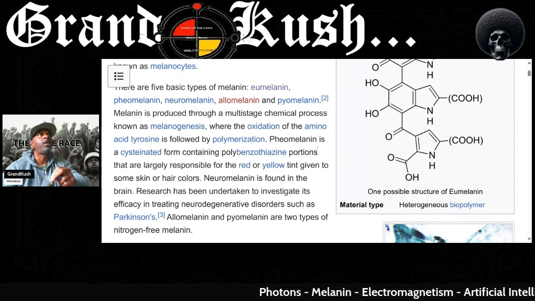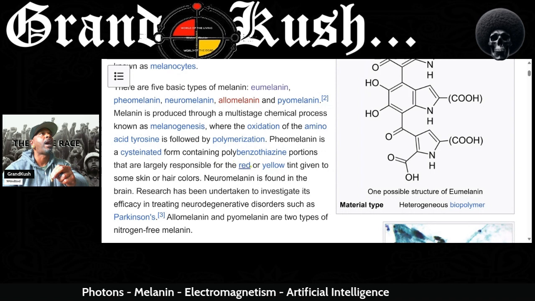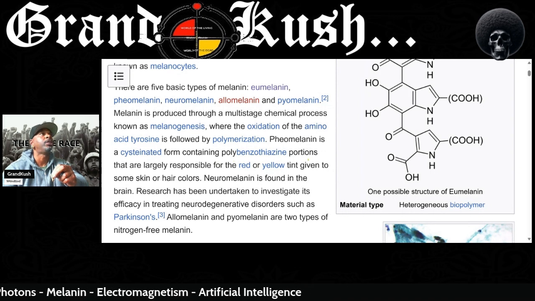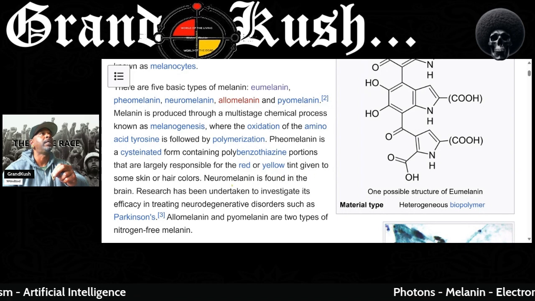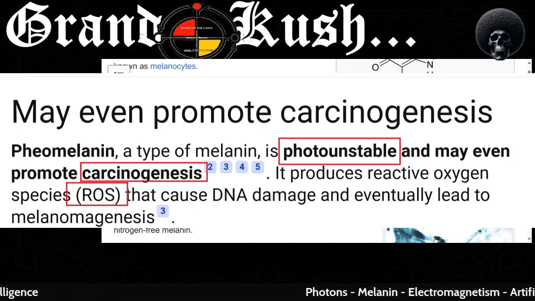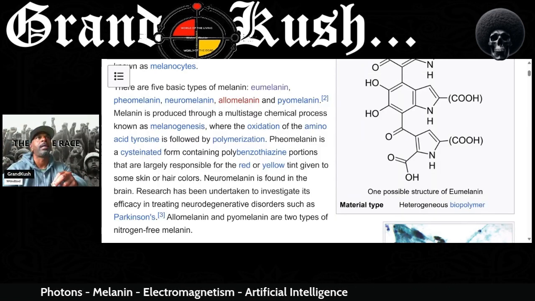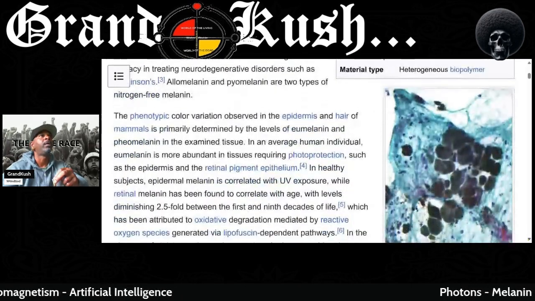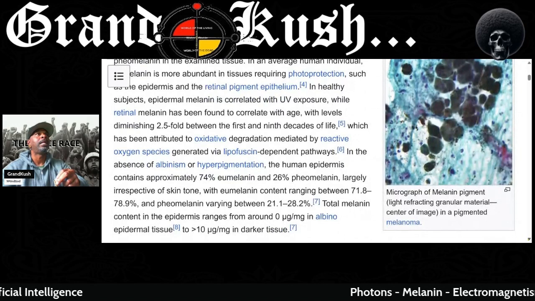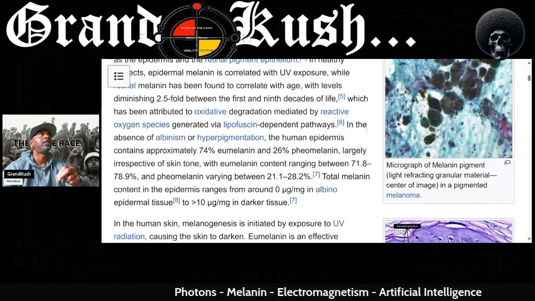But look, pheomelanin is a cysteinated form containing polybenzothiazine portions that are largely responsible for the red or yellow tint given to some skin or hair colors, right? So you can see right there that the processes are not the same. Okay, the processes are not the same. And so eumelanin is what's really cracking, right? In the absence,